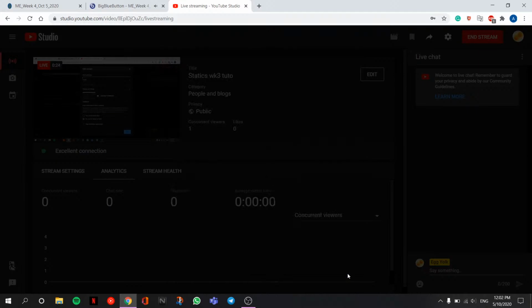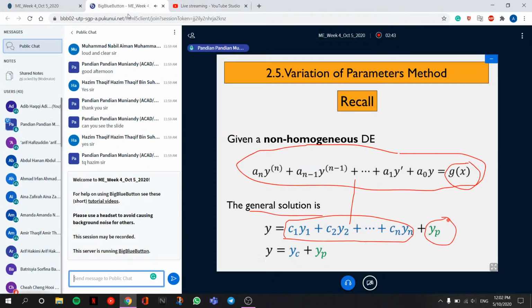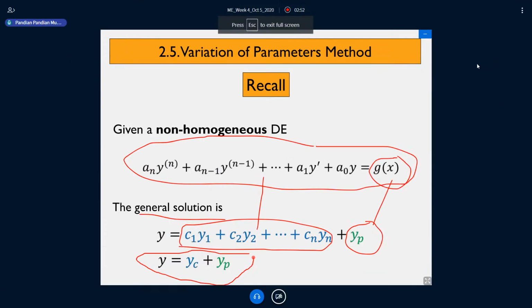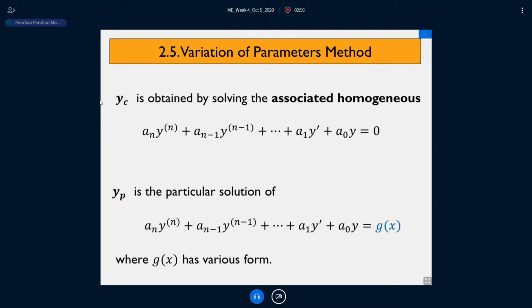And the yp is the issue now. The yp is for the non-homogeneous part. So at the end of the day, your y must be equal to yc plus yp. So, the variation of parameter method